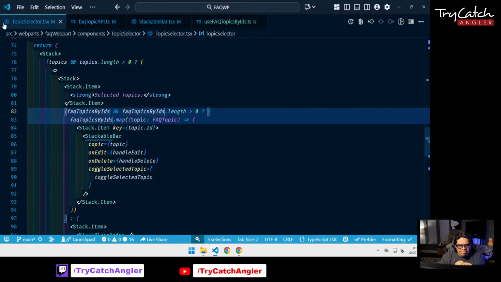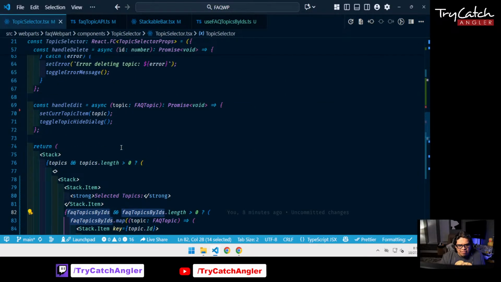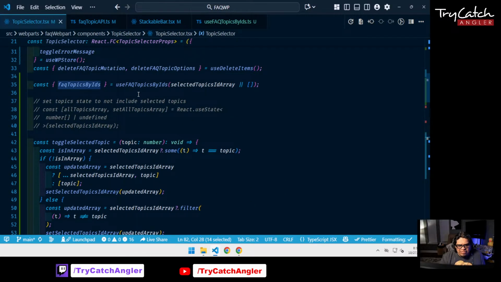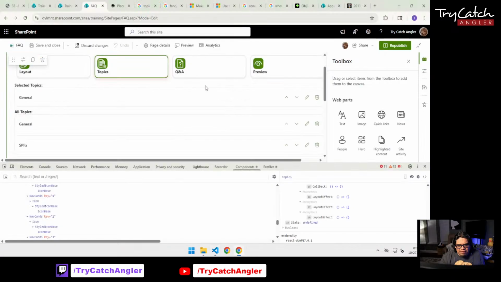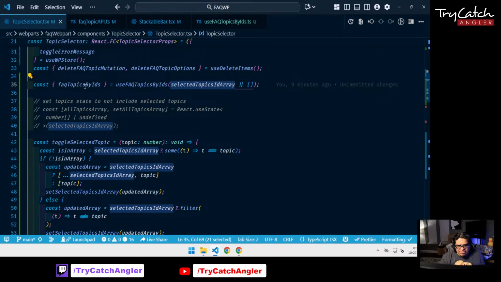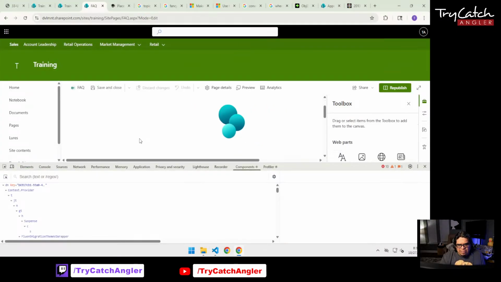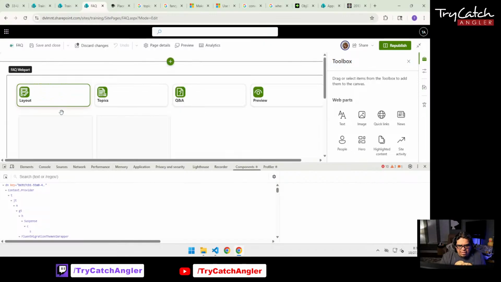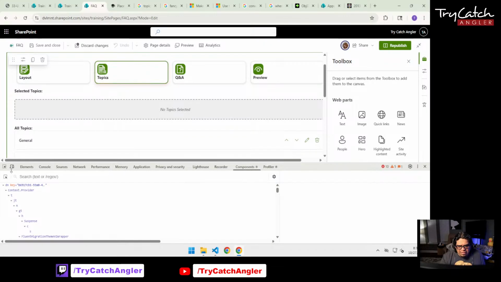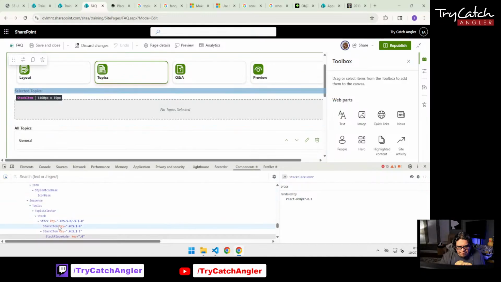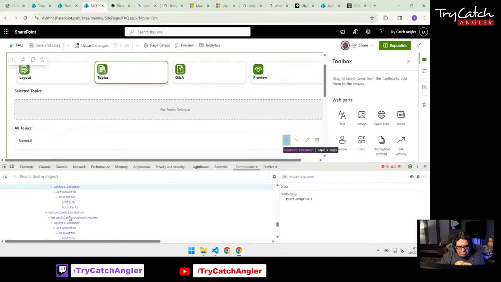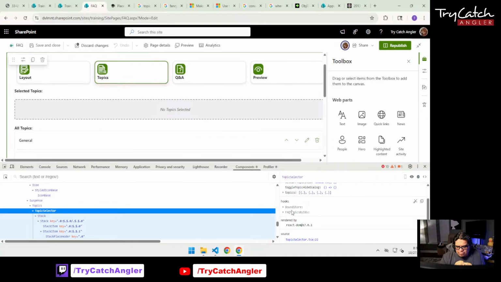Let's go back to topic selector. So in topic selector, we're saying that we're using this and it's basically changing whenever our selected topic ID array changes. And then we have our FAQ topics by ID. Let's refresh it and see it live how this is happening. So right now, if we go to topics, we shouldn't see anything here, right? So it was under topic selector. Here we go. So our hooks,